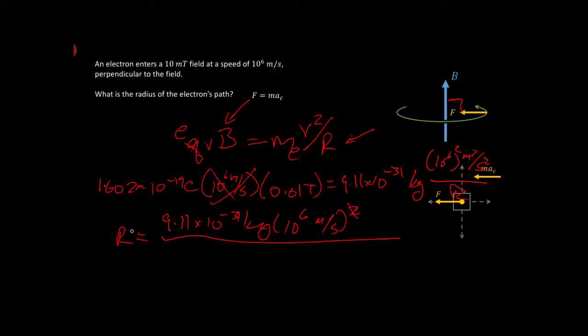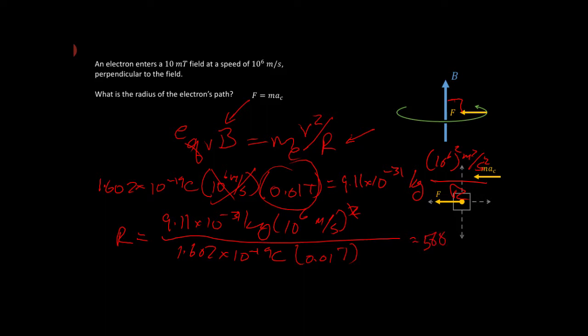Then we divide by these guys, so we have 1.602 times 10 to the minus 19 coulombs times 0.01 Tesla. So that's 9.11 divided by 1.602. Multiply that by 100 from this guy here, and we have